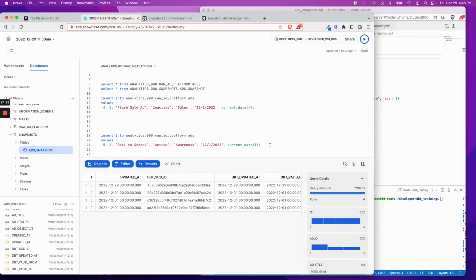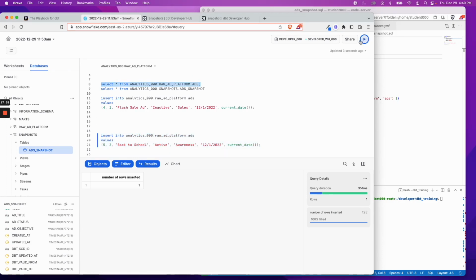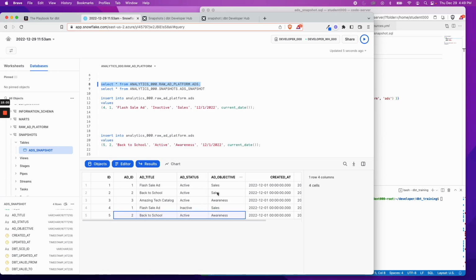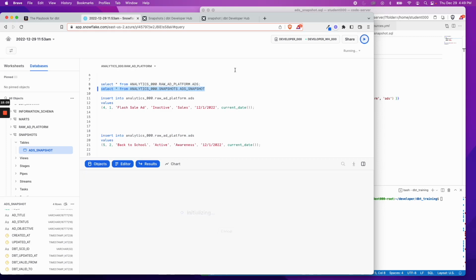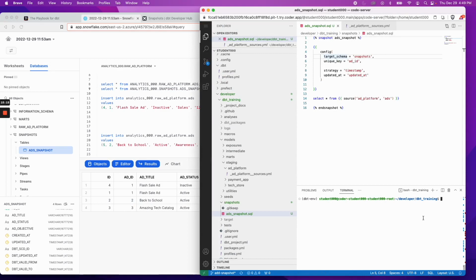Now let's add the other value here. So let's insert this last record. And if we take a look at the raw table now, we should have 5 records. And this one will update the sales to awareness. But if we look at the snapshot, that should not be there. And we can see there's only 1 record for it, but let's run dbt snapshot once again